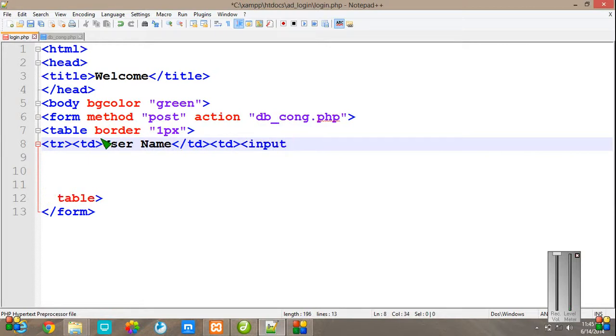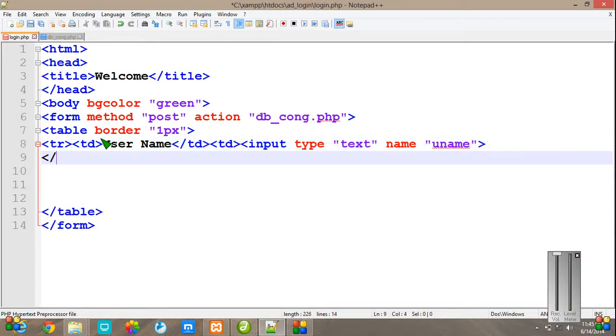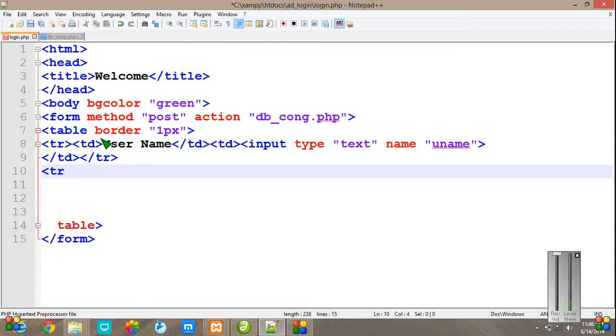and then next start the td again, and input tag, type is equal to text, and give it some name. Now I'm going to give it the name uname for the username, and close the td tag, then close the tr tag also. After that, again start the tr tag. This time I'm going to create the password field. Password, close td tag,